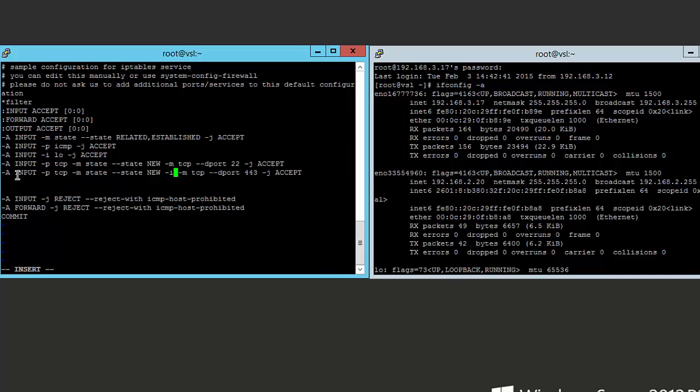Okay, so my external interface is this one. So we put ENO 33554960. And we need to do the same thing for the internal interface, but a different port in this case, which is the port 3345. So let's copy the command,